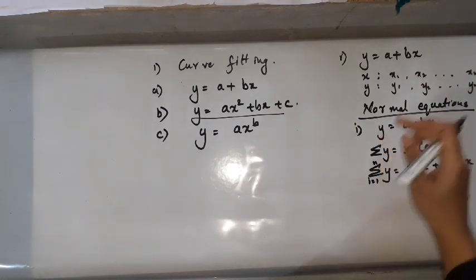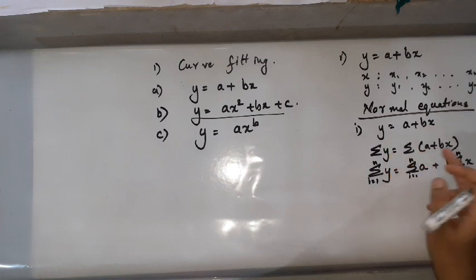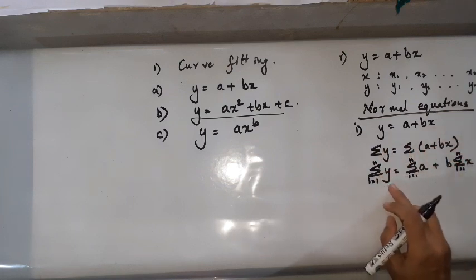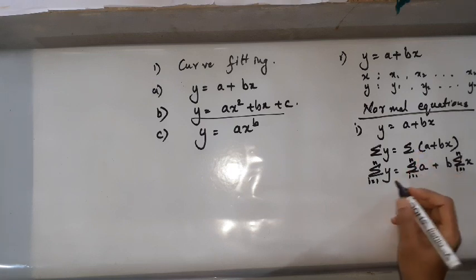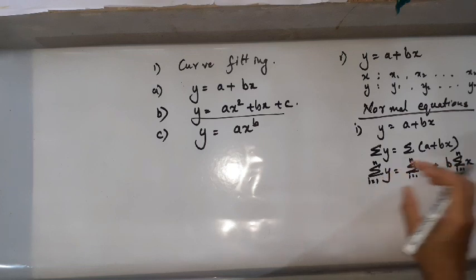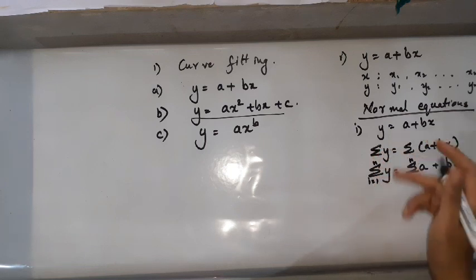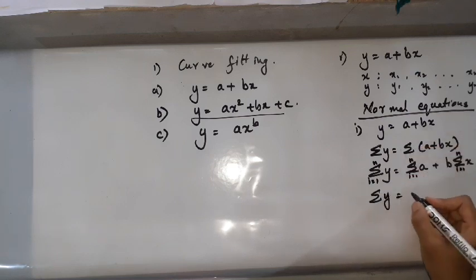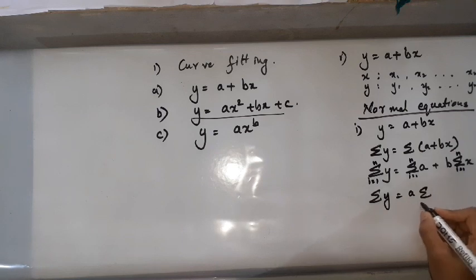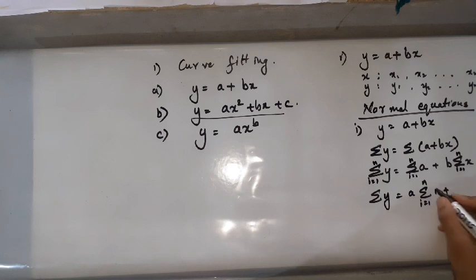Okay, so what you can do, you just take the given equation, just apply summation on both the sides. So it will be summation of y, i going from 1 to n, is equal to summation of a, i going from 1 to n. a is again constant, you can get it outside. Not every time is it necessary to write i going from 1 to n, it is understood now. So summation of y is equal to, you can take a outside, summation of i going from 1 to n, there is nothing here, so it is 1, okay, plus b, summation of i going from 1 to n x.